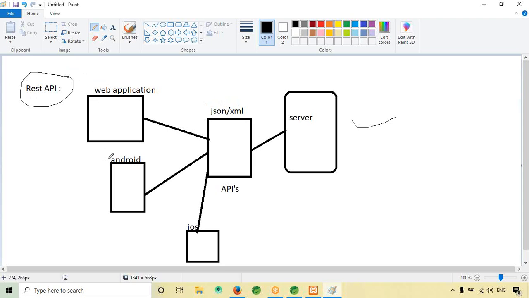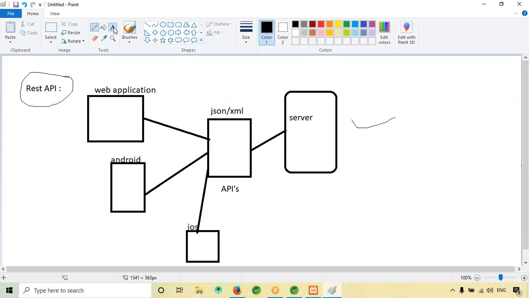But in case of REST APIs, we use JSON format, so there is more flexibility and data structuring can happen. That is the main advantage, and because of that a lot of people go for REST instead of SOAP. So this is about API and REST API.